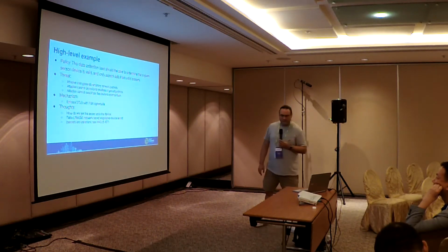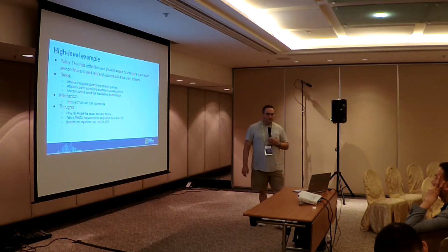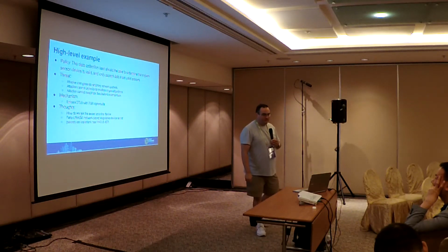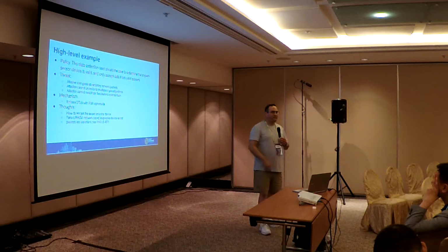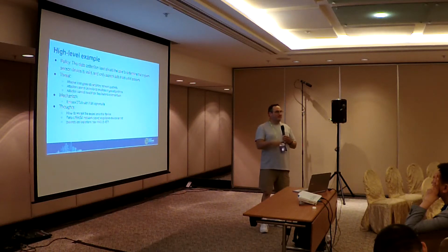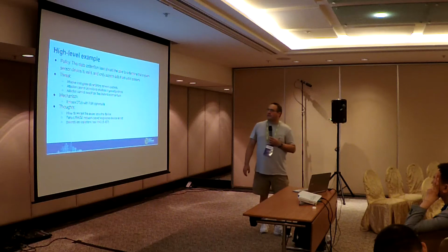So at a high level, if we take a policy that says the data collection host should be able to determine that a given sensor device is valid and only accept data from valid sensors. So I have a bunch of sensors in some environment, say a factory. My host that's collecting that data wants to be able to get data from those sensors and not get data from rogue sensors. We don't want somebody to be able to lie about the sensor data, that kind of thing. So what is the threat?